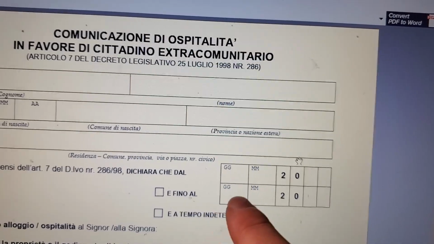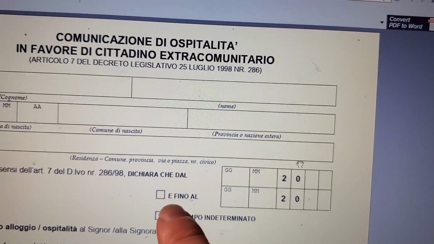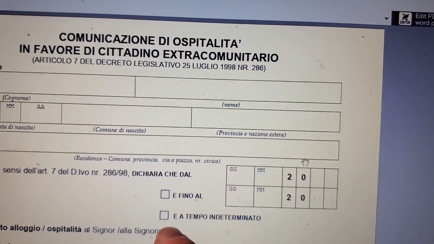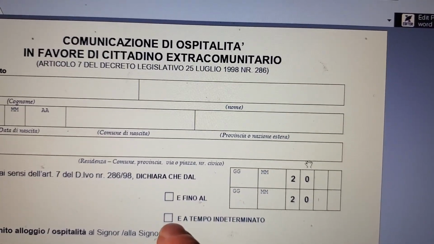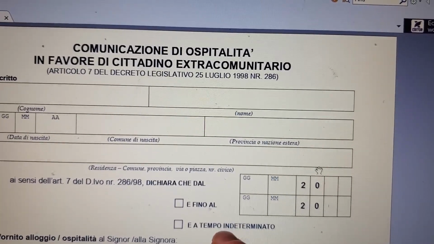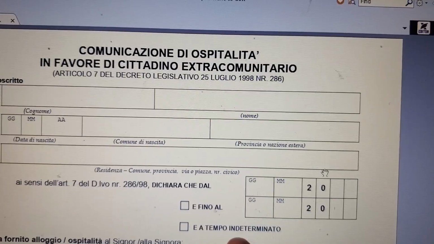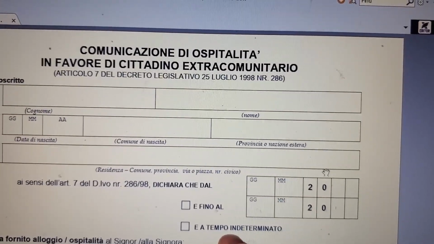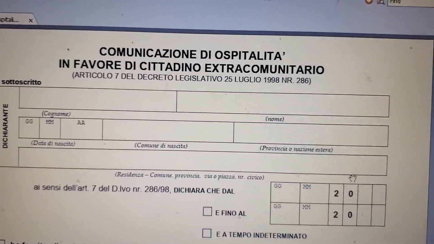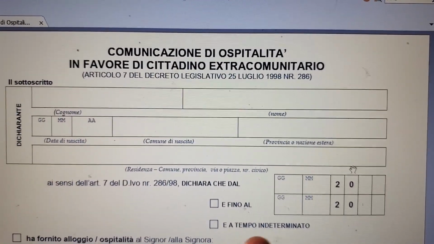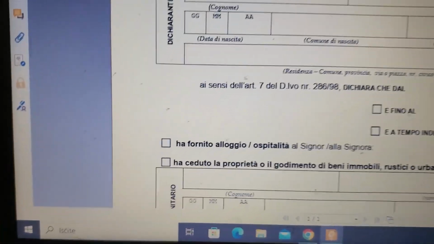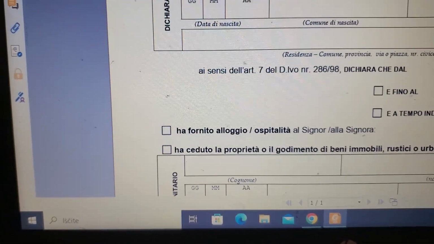And you can put the final date when the hosting will end, or if it's someone you know, they can check this box, È a tempo indeterminato, like the end date of the hosting has not been determined yet.